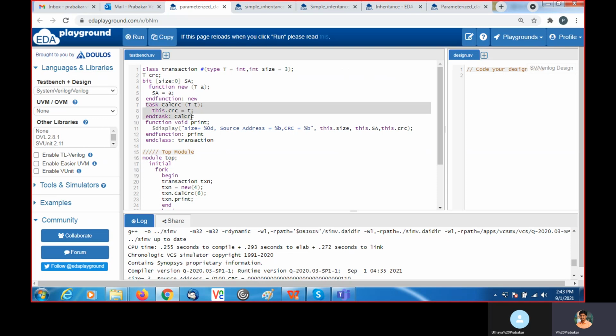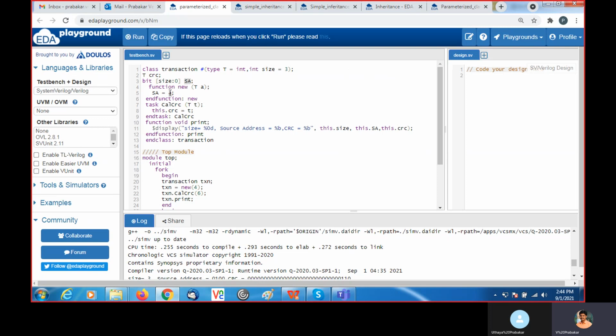Okay, we have one task called CRC. So within the end task, we can represent the label of this name. Then T is also greater than T small t. This is the argument we are receiving, that T is assigned to this CRC, which is present here.